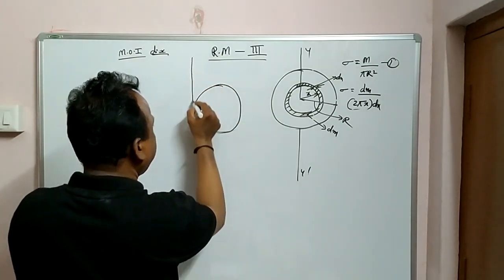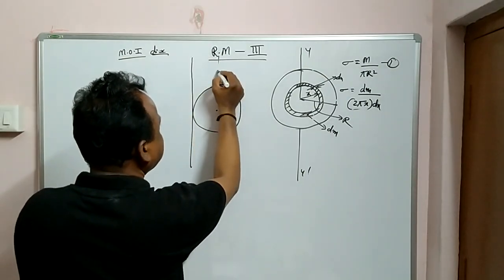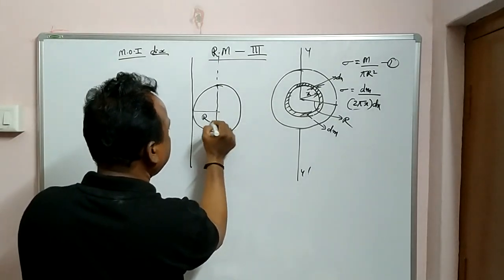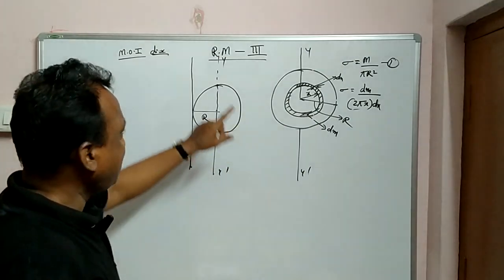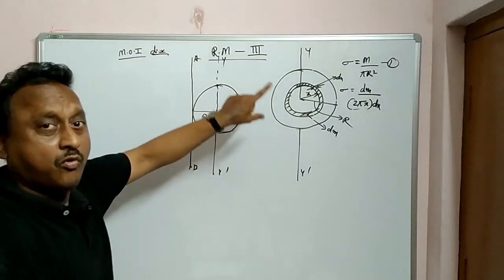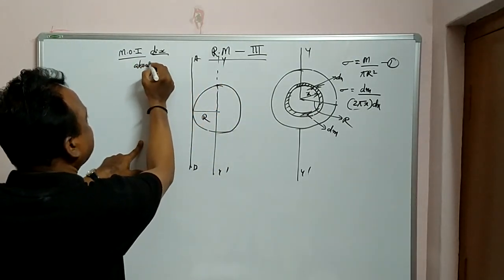Already this is the main axis. Radius is already R. This is the main axis, y dash. Suppose they ask you what is the moment of inertia of the disk about one end,